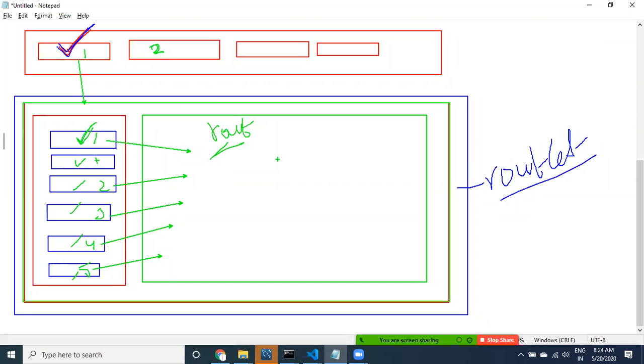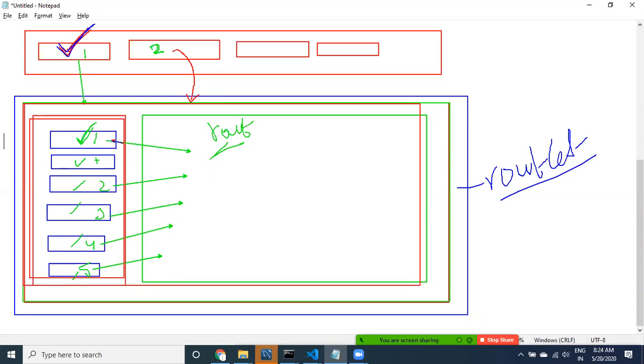If I change like this, the whole router outlet has to be removed, and then the new component has to come here. This new component contains another left menu. That left menu is pointing to this kind of information. This is going to be provided like this. See, this is a kind of routing and subroutings.